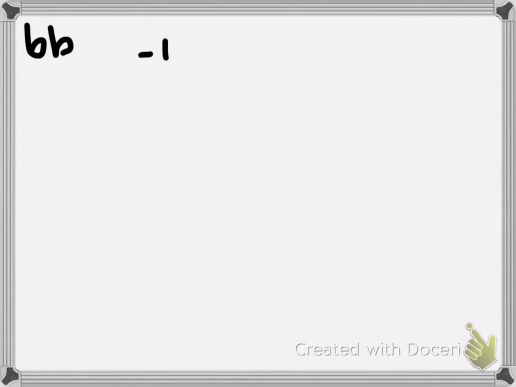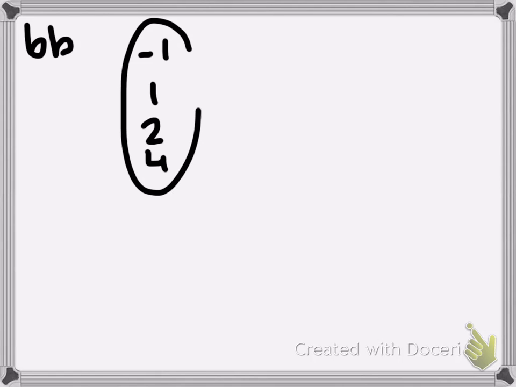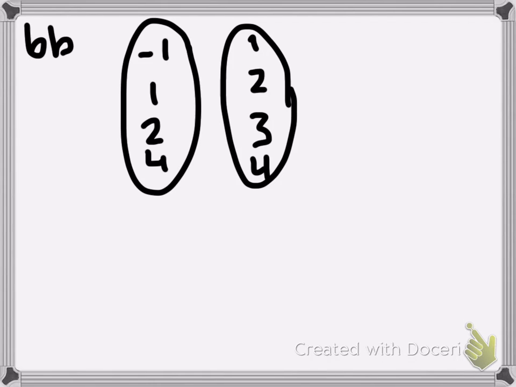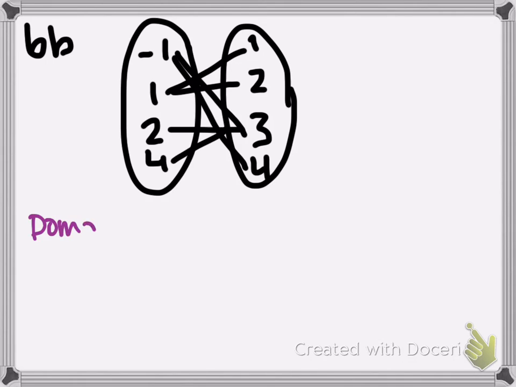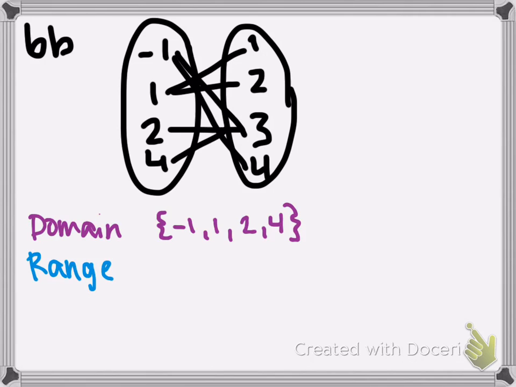6b. I'm going to go ahead and draw this real quick one more time for this question. And the 1 went to those 2. 2 went straight over, and 4 went up. So then this next part, B, is asking for the domain. So you must have a bracket, and it is negative 1, 1, 2, and 4. You do not repeat the numbers whatsoever, okay? Then the range is 1, 2, 3, 4. Okay? And then it says, is it a function? No, it's not a function,